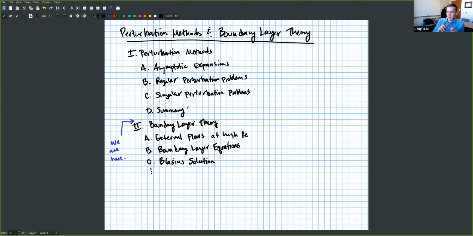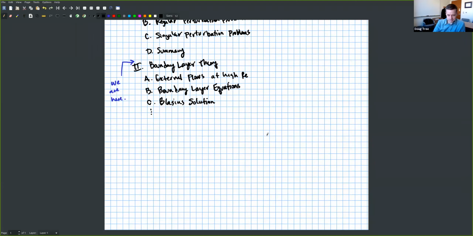And so then we had to divide it into two problems: a problem where we had gotten rid of the term, and then another problem where it stuck around. And we had this sort of matching game where we did an inner region and an outer region, and we had to match them. And so now we're going to see how that applies to boundary layer theory. And so that's what we're going to talk about for probably the next week, I guess, and then we'll spend the rest of our in-class time reviewing for the